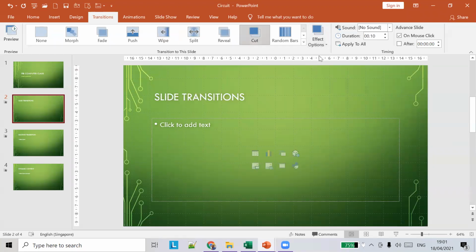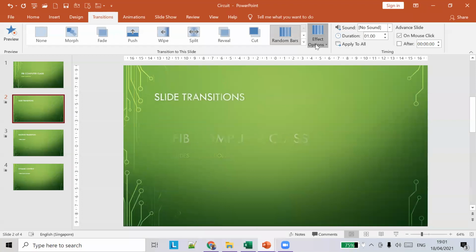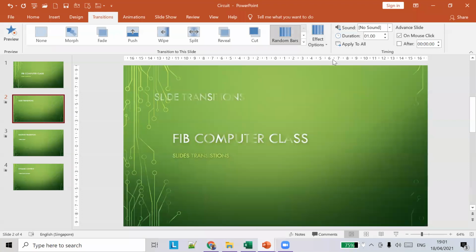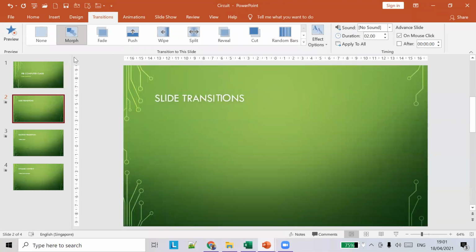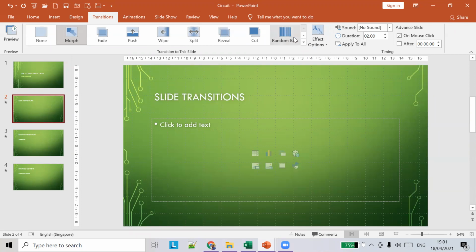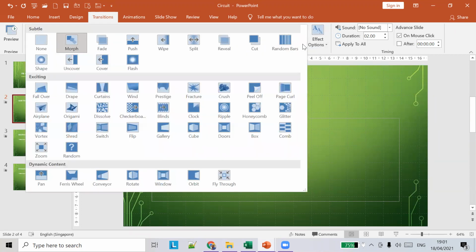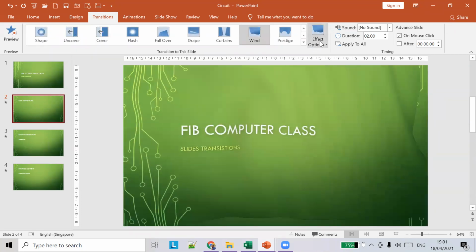So maybe for cut, you will have something different, maybe from bars. So this is called a transition effect. For different transitions, there are different effect options available.